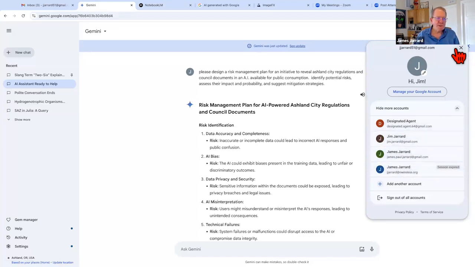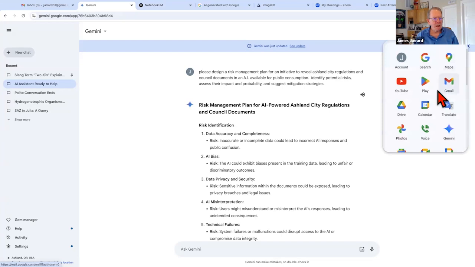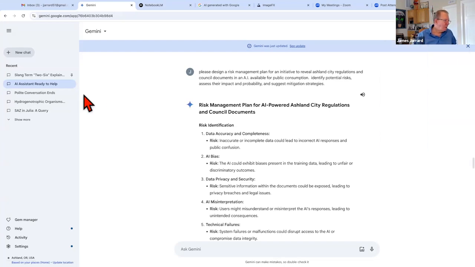So I could go sign in as those, but I'm signed in as this, jjarrard51@gmail. Here's all the Google. Notice here's what I've looked up before. It wants to sell me a $10 a month plan. And here's something that I've looked up. I gave this prompt to it before as a prep for the session.